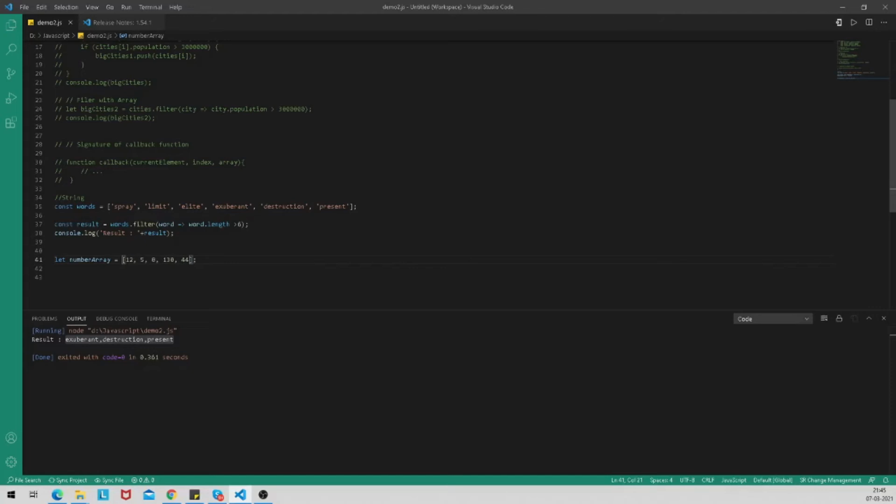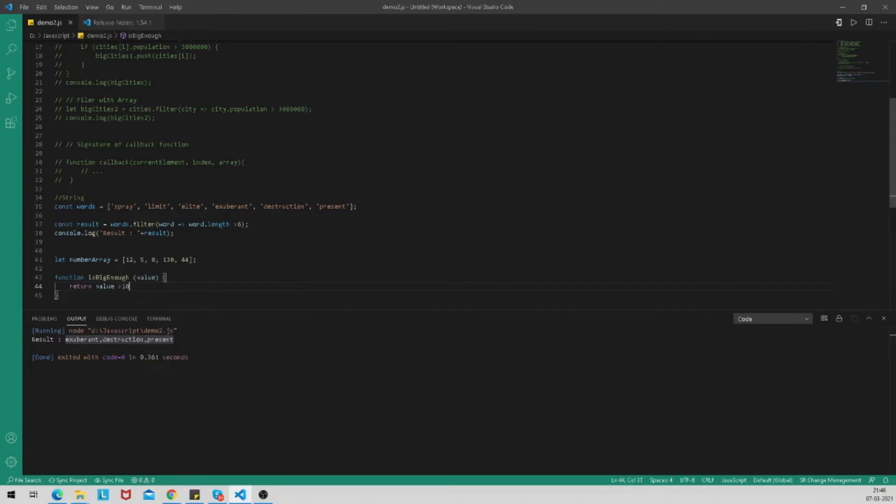to check which numbers are greater than 10. So what we can do is define a function. It's just a normal JavaScript function, and I will give it the name isBigEnough. It will take one argument, the current value going through the filter. Okay, so I will take it as value, and then I can write my logic over here. It should always return a boolean value. So return value is greater than